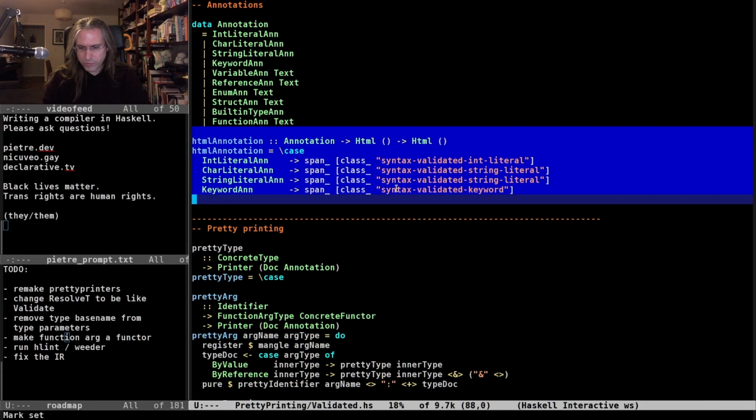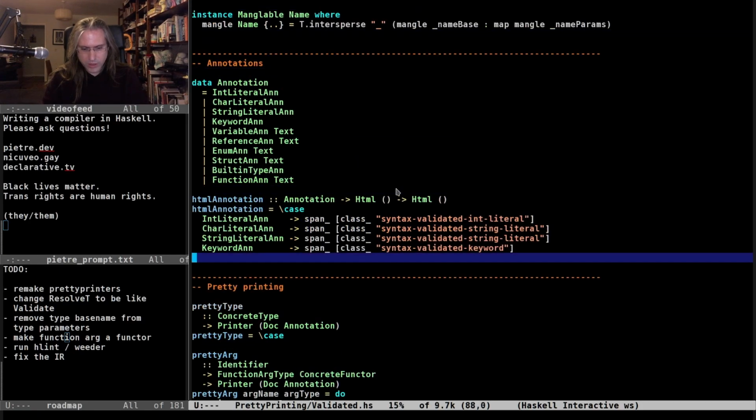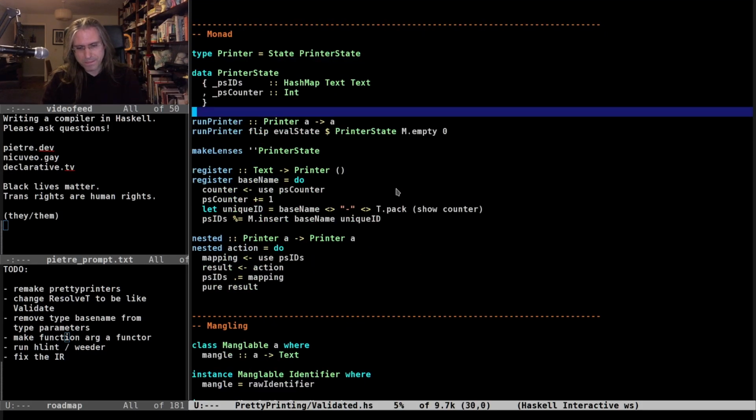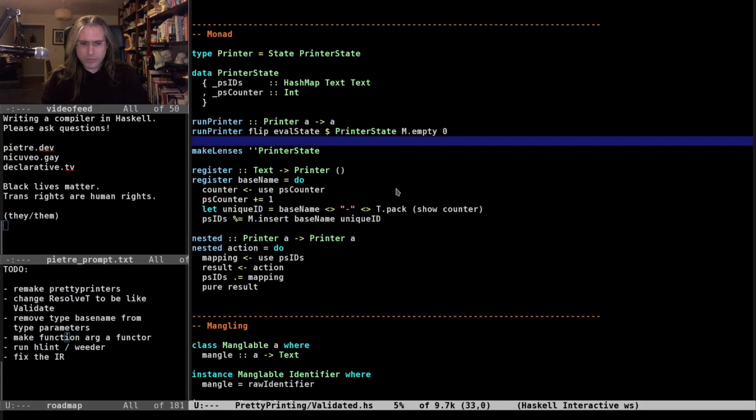This is no longer valid, but this annotation thing is okay. And I was running this pretty stuff in a printer monad. I will also probably need to yet again keep a scope.